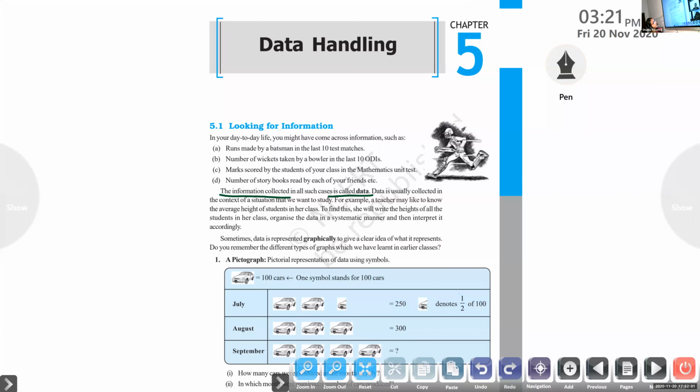Okay. So let us discuss about data handling. Pooja, what is the data? We discussed last period. What is the data, Pooja? Data is? We can't hear you, Pooja. Maybe your knob is loose. Just push it. We can't hear.